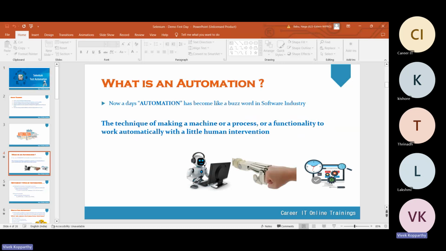Today this is a demo regarding the Selenium automation course. We are going to discuss what is meant by automation, why we need it, how it is important, and why it plays a main role in testing.